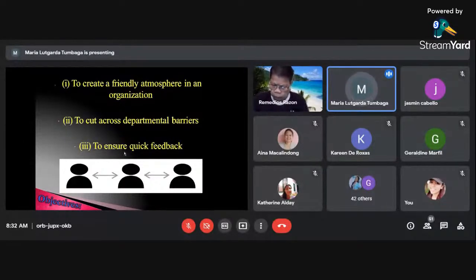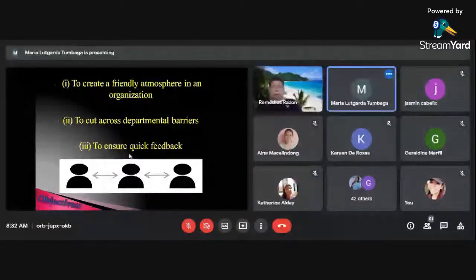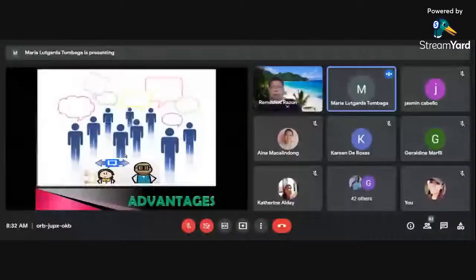Since it happens within the same level or within the same department, quick feedback is expected to happen. Communication within the team, for example, wherein the members coordinate tasks and work together to resolve conflicts, are examples of horizontal or lateral communication.